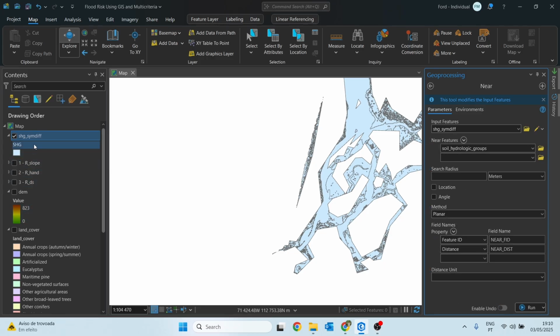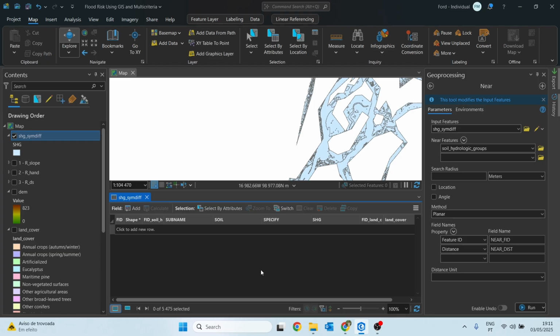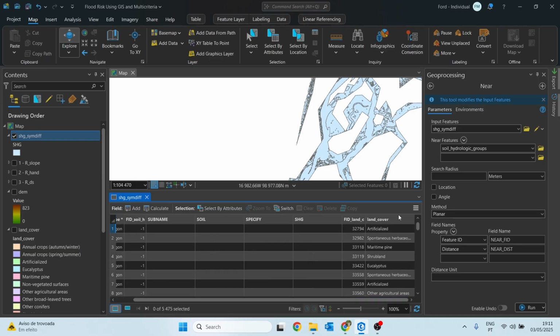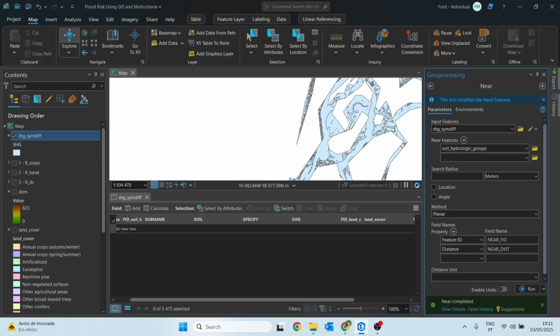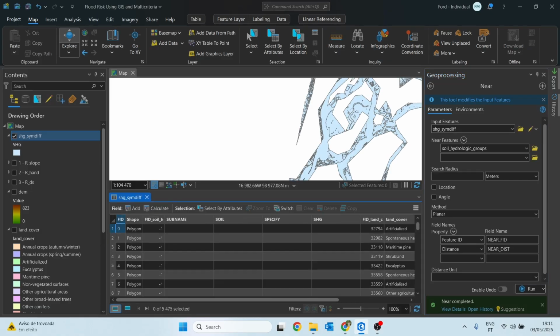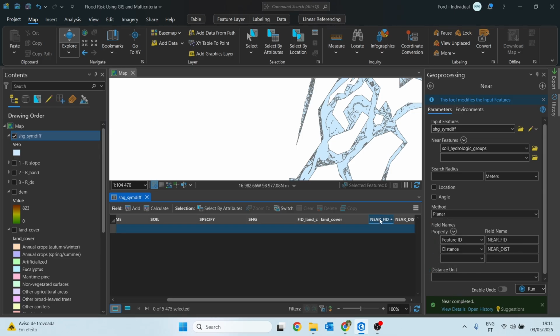We can actually open the attribute table of the symmetrical difference, so we see the result appearing in real time. So let me just click run. And we see that the table was updated, and if we move the scroll bar to the right, we can see that we have the near feature ID and also the near distance.